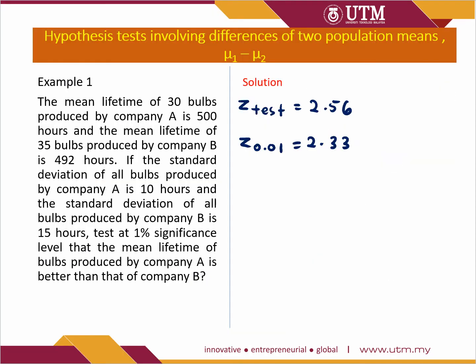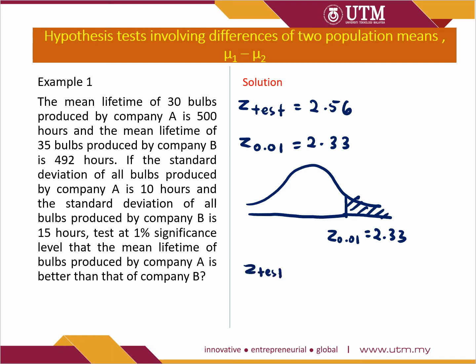Proceed with this problem. Given that from the Z-test, where we get from the formula, it equals 2.56 and Z0.01 is given as 2.33. So this is our Z0.01, 2.33. The rejection area would be here, which means that if the Z-test is greater than the critical value, we will reject H naught. Given our Z-test is 2.56, this is the value of the Z-test. You can see that since our Z-test is greater than Z0.01, we have to reject H naught,